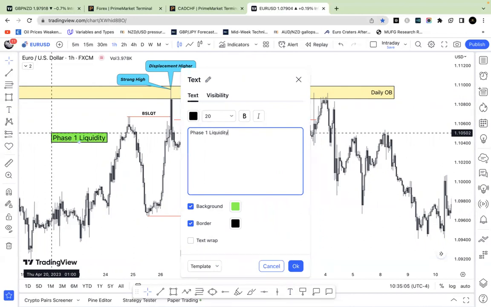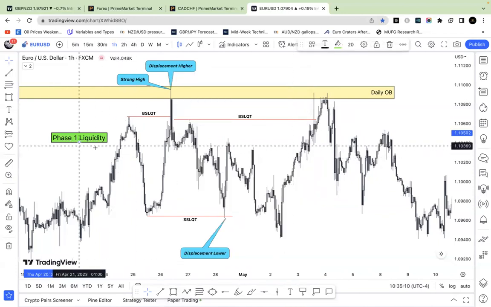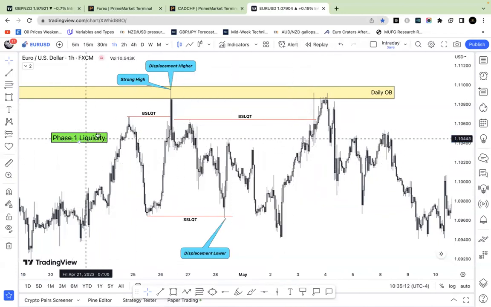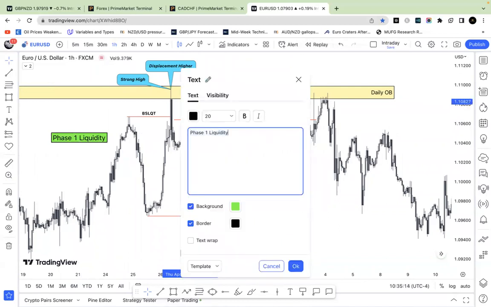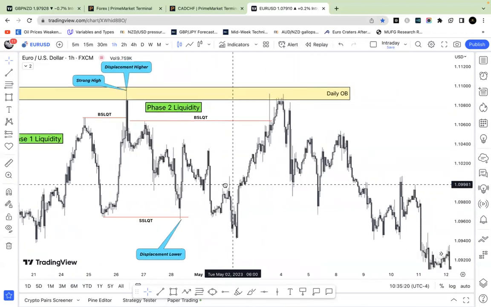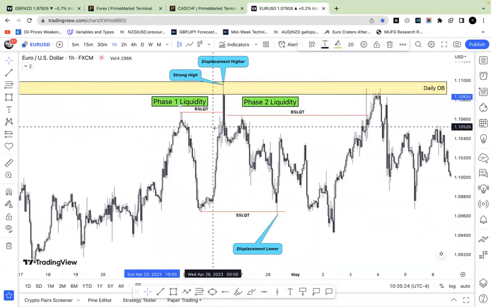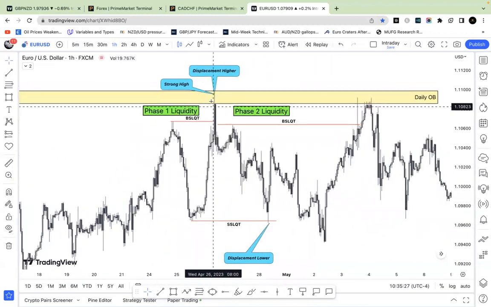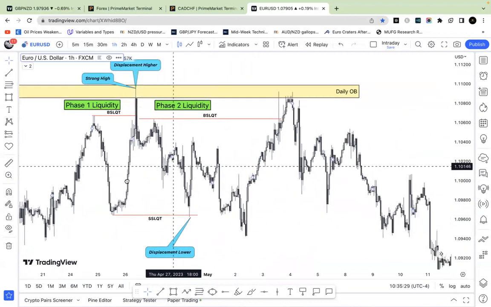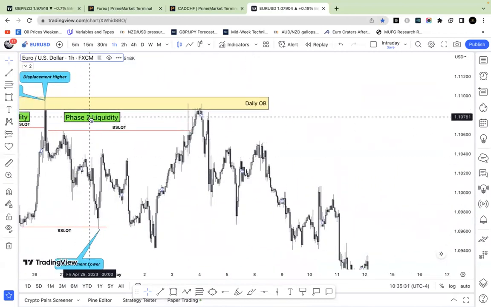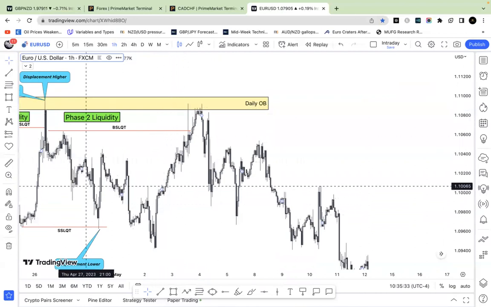Liquidity. I always have a hard time spelling that for some reason. So it's phase one liquidity, and then you can think of this as phase two liquidity over here on this side after the buy side is taken on the left there. So phase one liquidity, get your displacement. It's the last thing. Phase one's over after their displacement, meaning they're not going to come, and a strong high has been established. And then you move over to stage two, phase two liquidity, and you look internally in your dealing